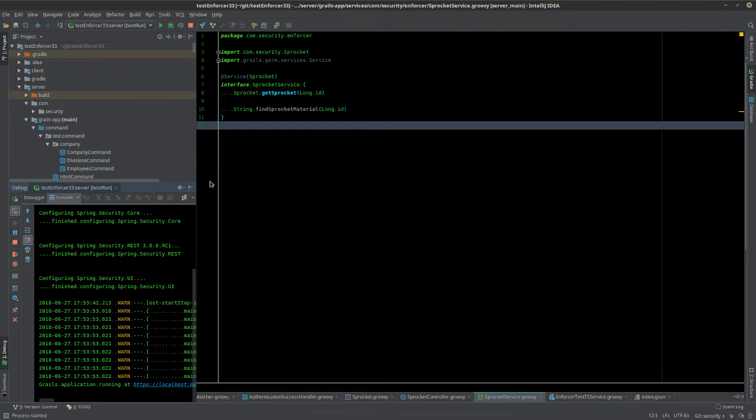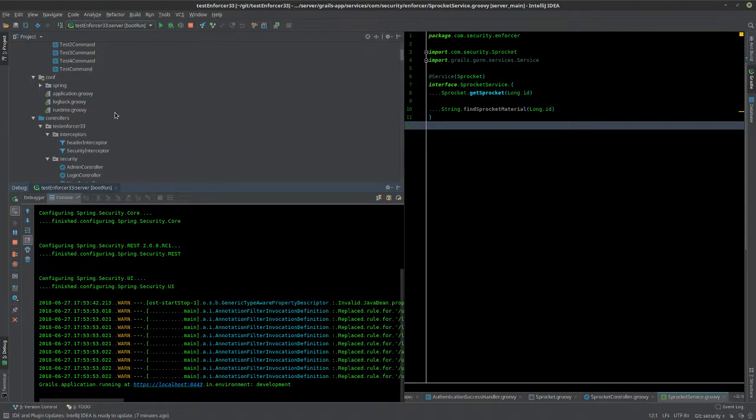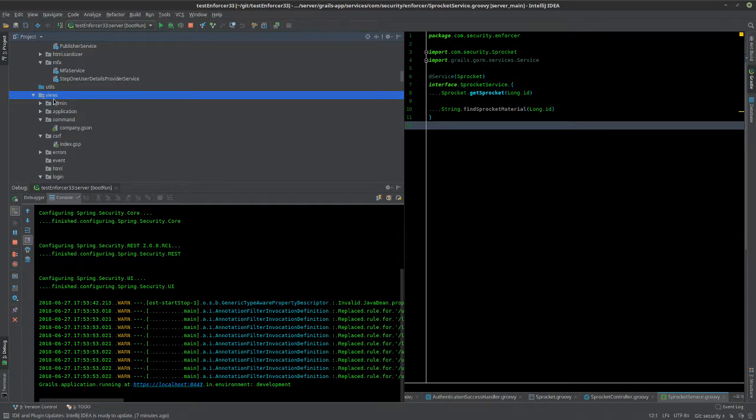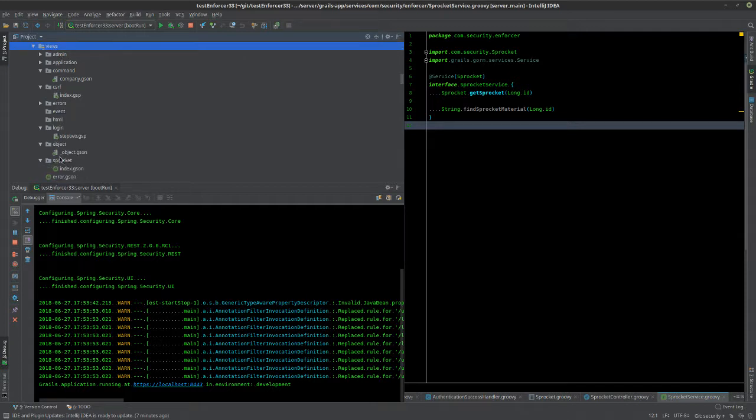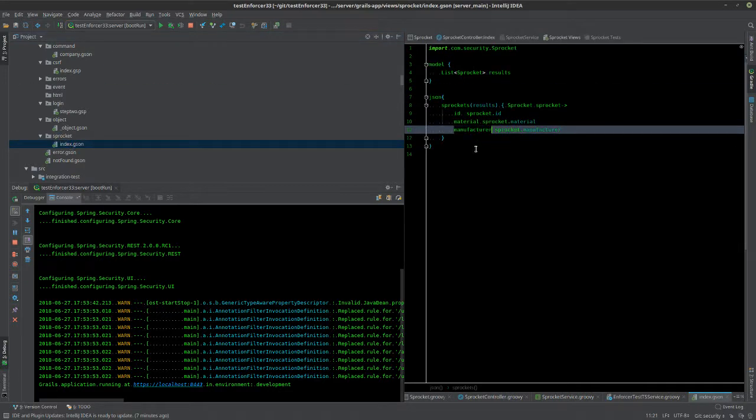And if I go over here, I know this is going to be hard to see the structure. I can't scroll into it. So views. Over here there are views, and if I go to my Sprocket one, which was my example, I have an index.json.